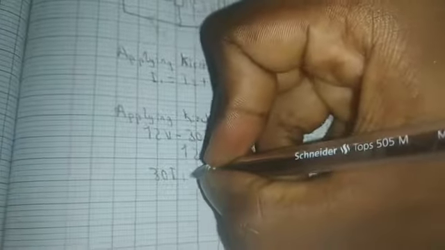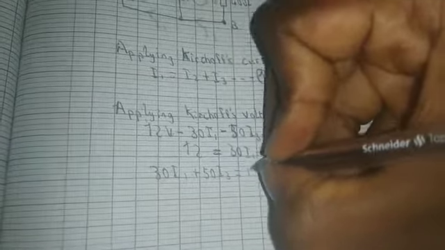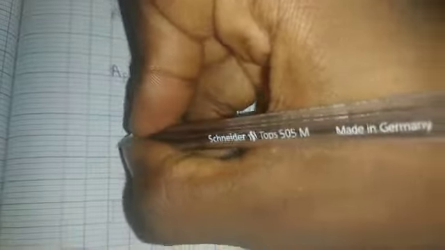So since this is an equation, this is an equals sign, this means that 30 I1 plus 50 I3 is equal to 12. This is our equation 2. Equation 2, just sit tight with us. So now we'll go to